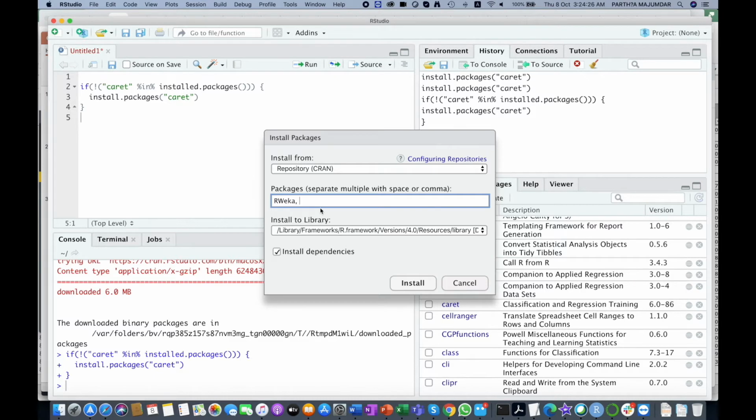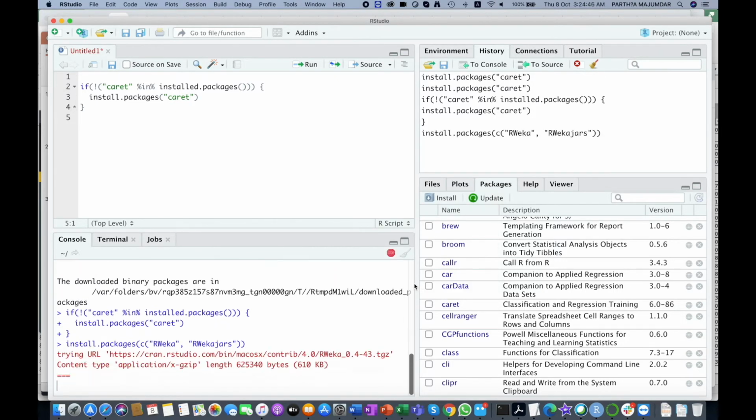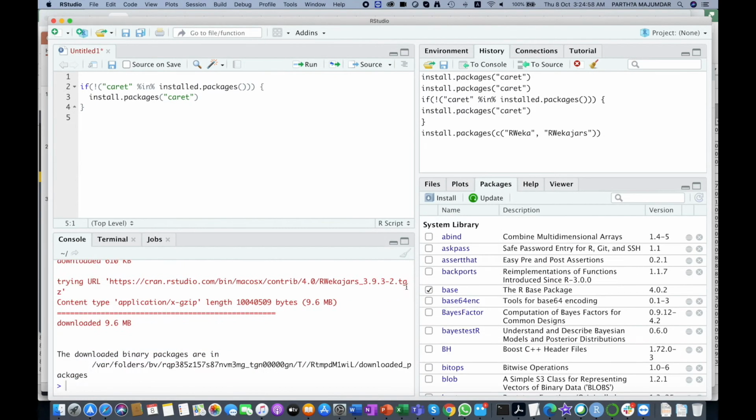In fact, I can give multiple names of the packages which I want to install in one shot by separating them by comma. Once I've given that, it will ask me whether I should install dependencies also. The packages generally have dependencies on other packages. So once I say that and I say install, the installation process starts, and now you see it's downloading